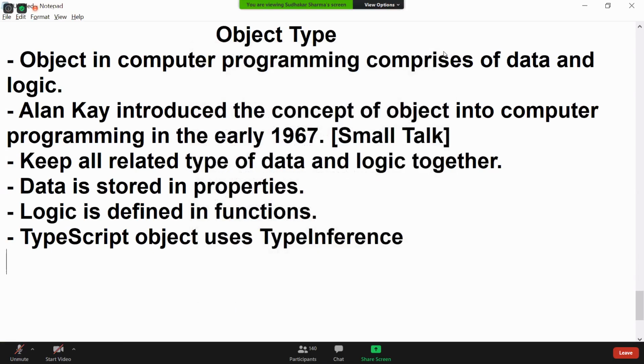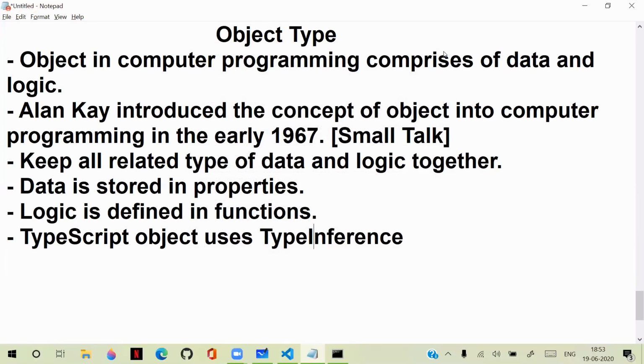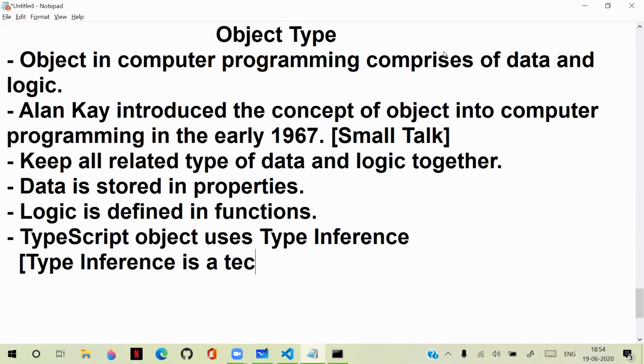Type inference is actually a technique where the data type of the variable or a property will be decided according to the value. You don't need to explicitly define the data type. So type inference is implicitly a technique used in the TypeScript language